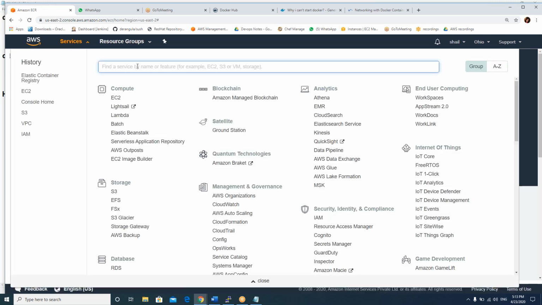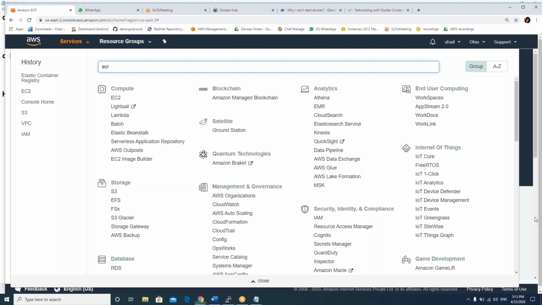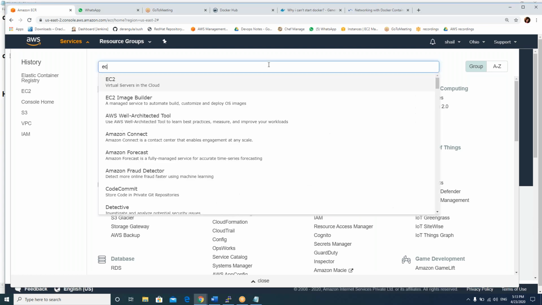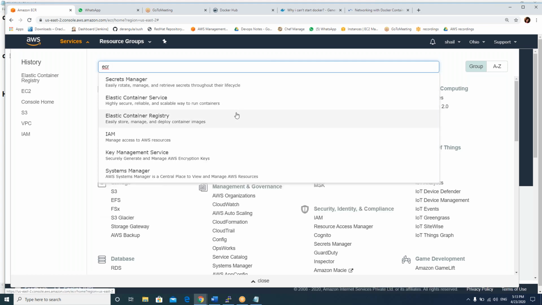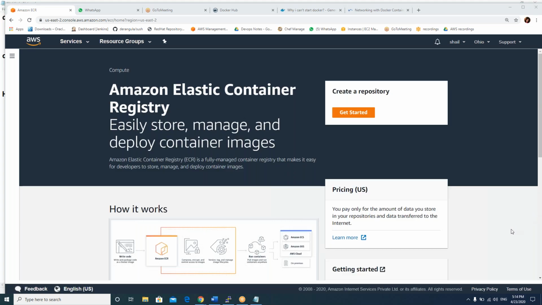Just type EC, remove R. Yeah, container registry, the third one. Docker container registry, yes. Open it. So guys, this is one of the registries.